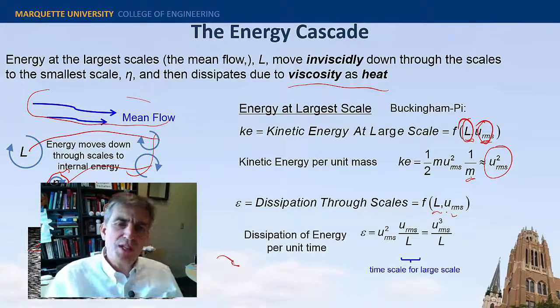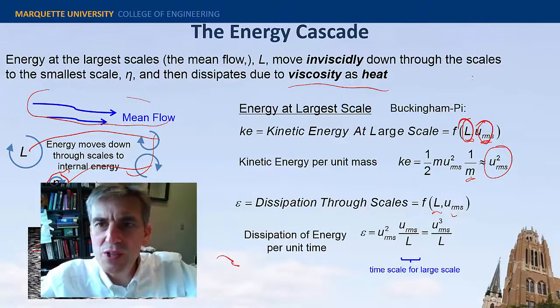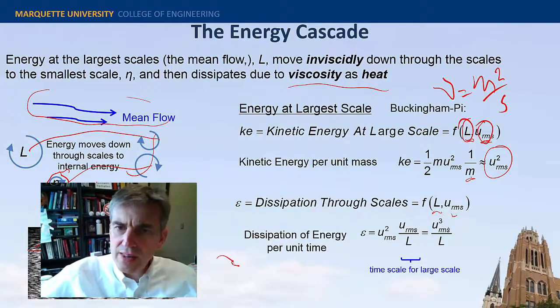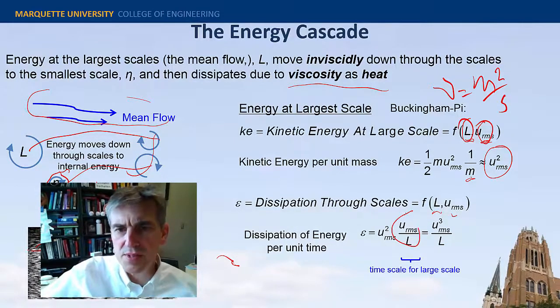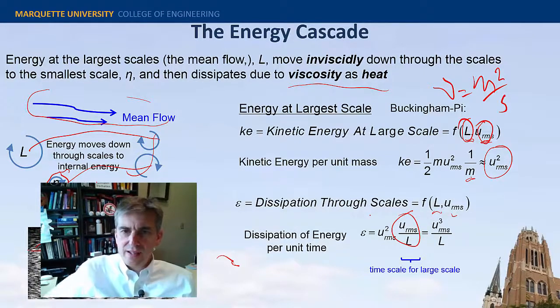So if I arrange this to have units of dissipation, and units of dissipation in this case are like m squared over seconds cubed, this epsilon, then to get those units would be velocity cubed divided by L. And that would give me the right units, right? So it's just a time scale here times this dissipation rate. So that's a really fascinating